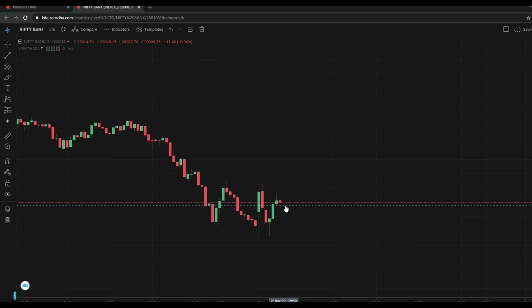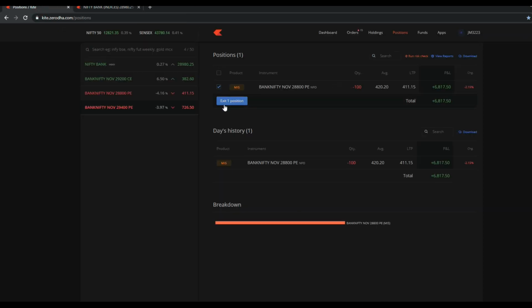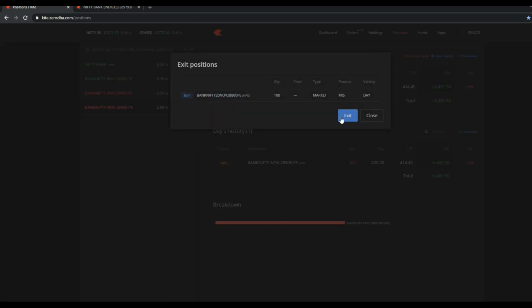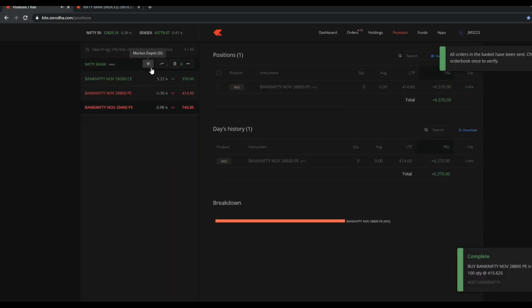Why I'm saying it is not going up particularly is that it is almost three candles straight. It's only 9:15. If the market has to move, by 9:45 it has to take a direction. But still, it is in a dilemma, going up or down. See, you can see the pressure here. So I am closing the trade for now. This is the trade which I have taken for your learning purpose.